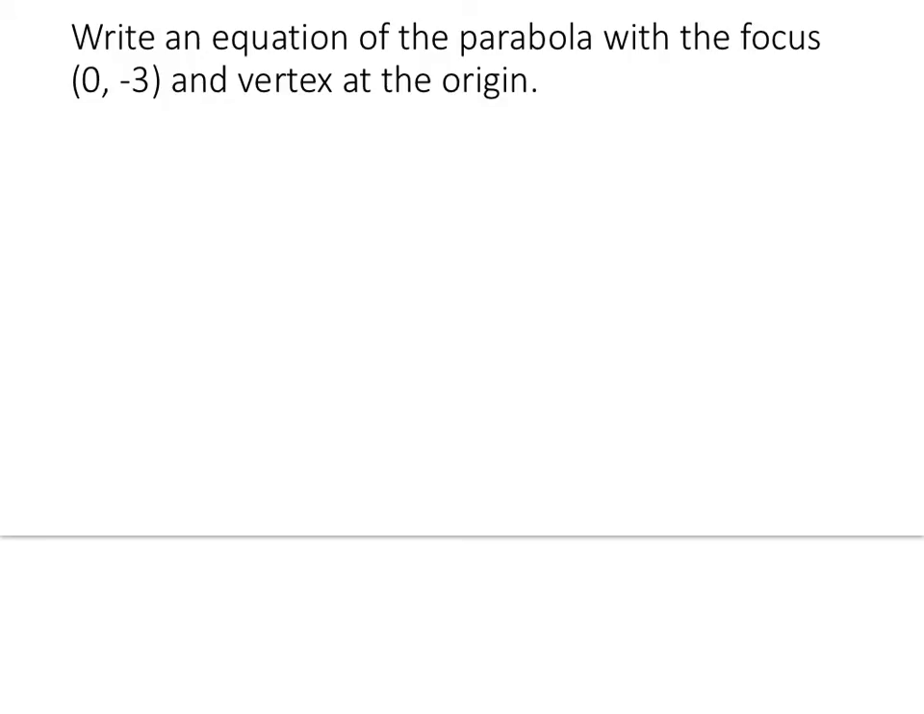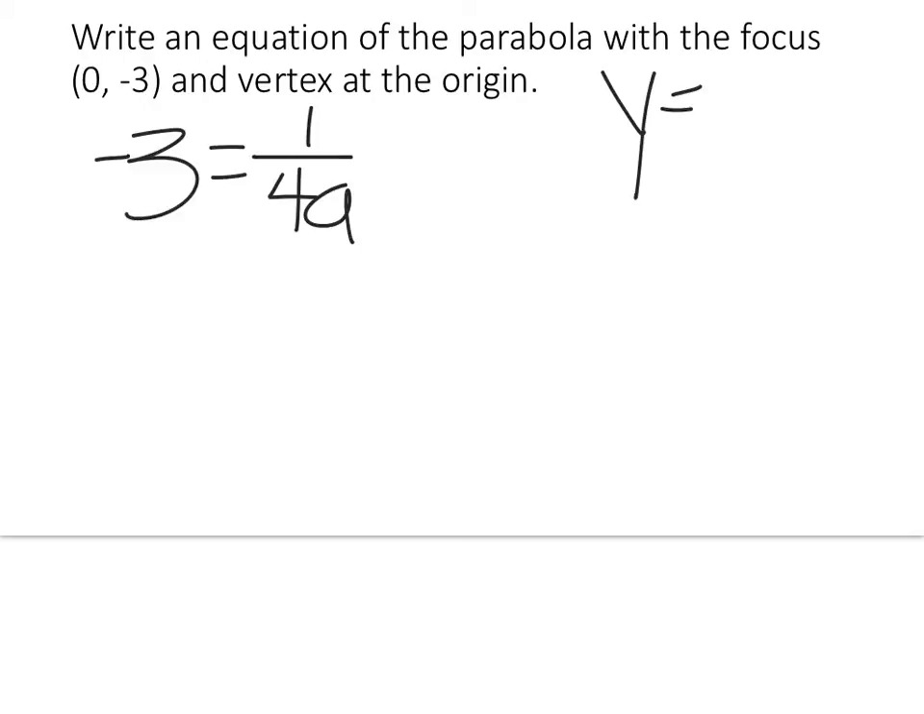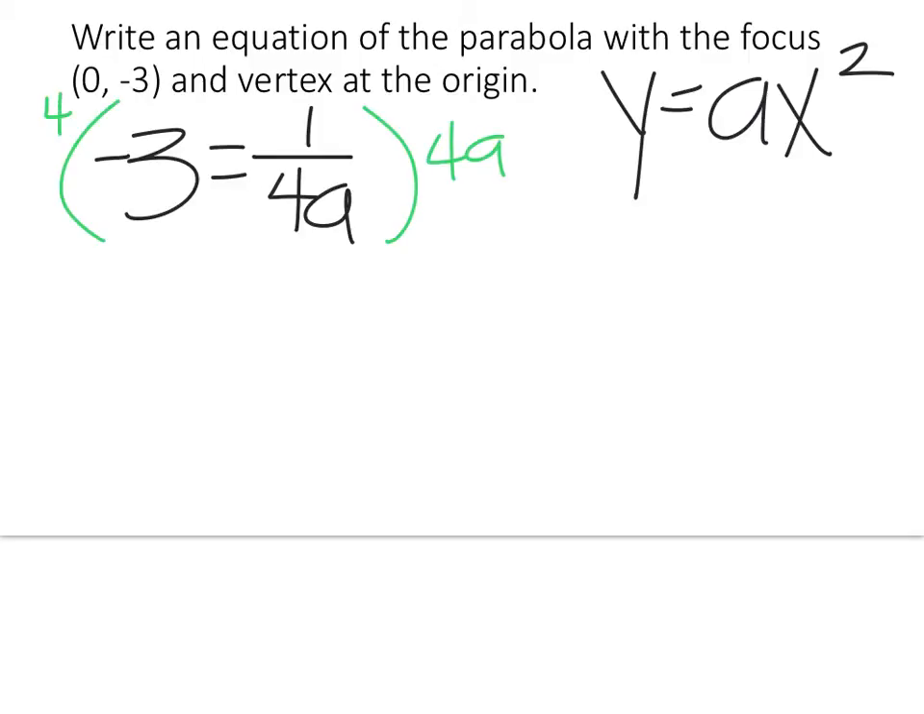All right, guys, let's try it again. This time our focus is 0, -3. So again, I'm going to set this -3 equal to 1 over 4a. That a is going to give us the a we need for our final answer, all right, that we're going to plug in. So like I did last time, I am going to multiply both sides by 4a because 4a